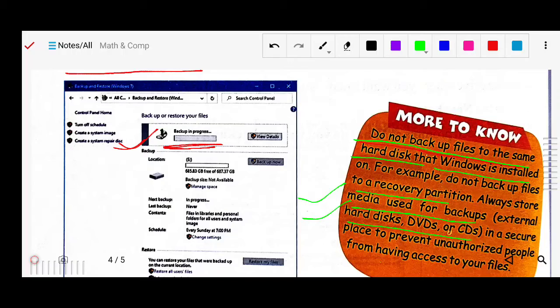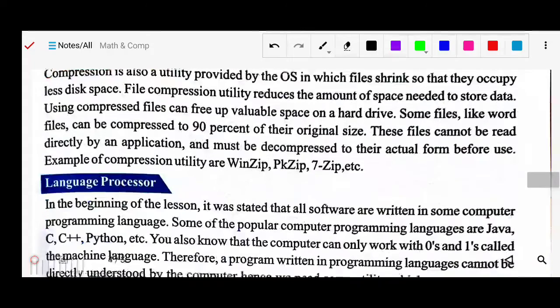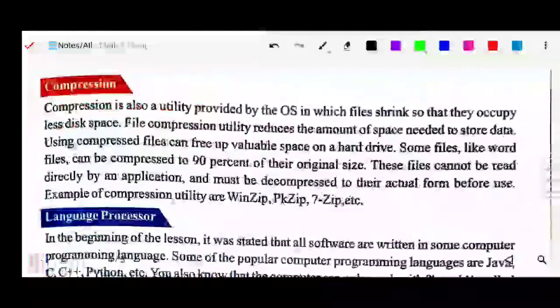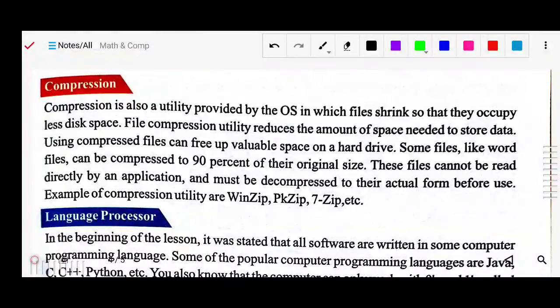Okay, now the next type of utility software which we will see is compression. Compression is also a utility provided by the OS in which files shrink so that they occupy less disk space. This type of utility compresses the file and reduces its size, so the size of memory it takes is less.